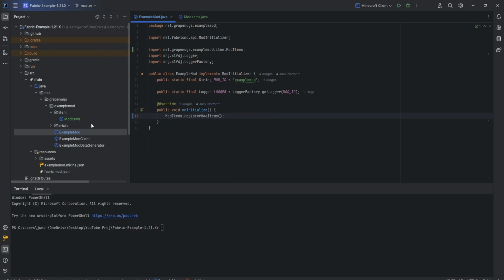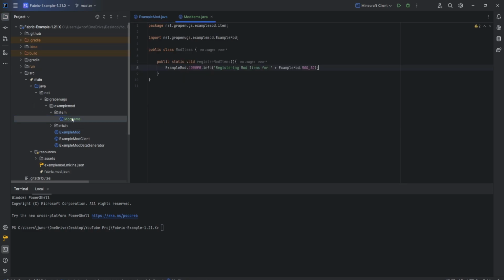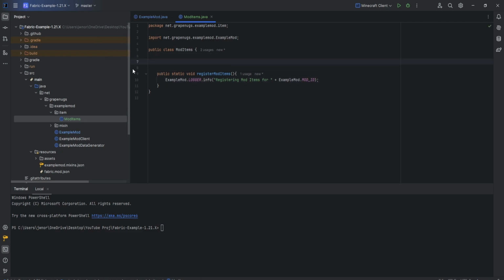Now we can go back to the ModItems class here. And we're going to create a helper function that's going to make it a lot easier to register the items for us so that we don't have to retype all this code over and over again. Whenever we want to create a new item, we're just going to call our helper function, and that's going to register it for us. So inside the ModItems class, just up here, we're going to create a private static